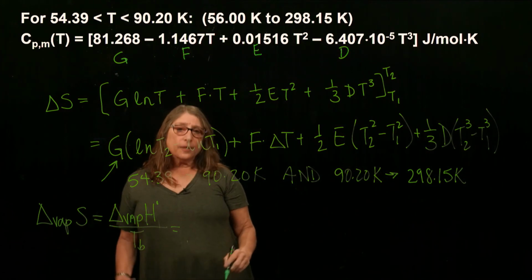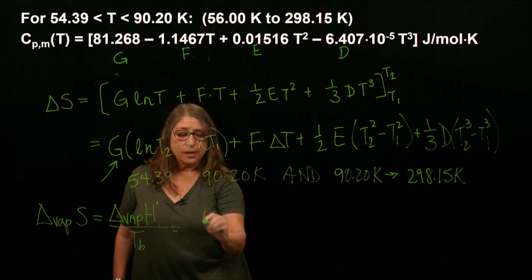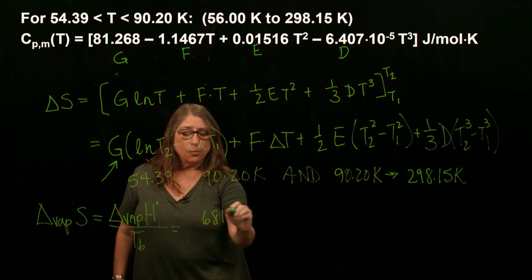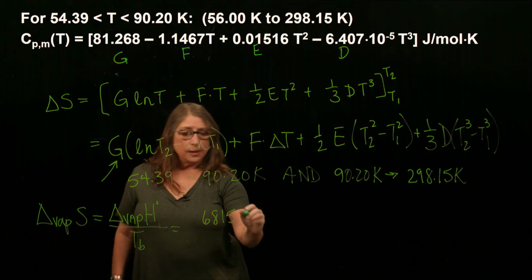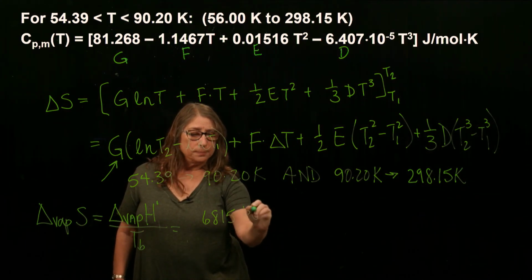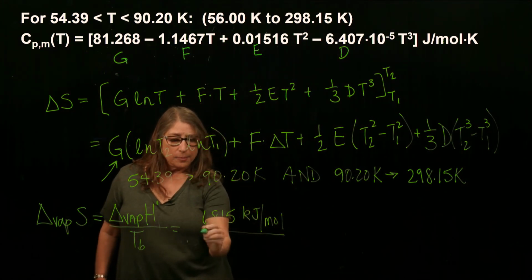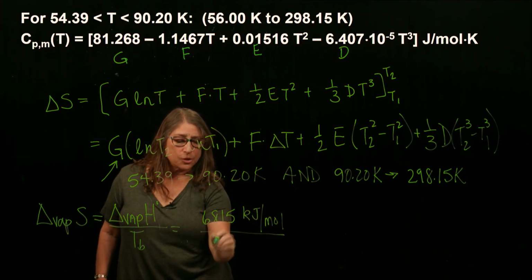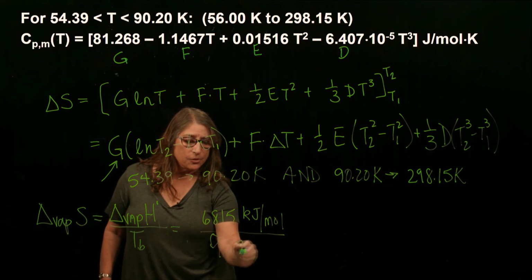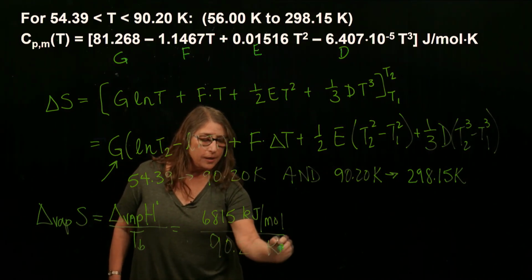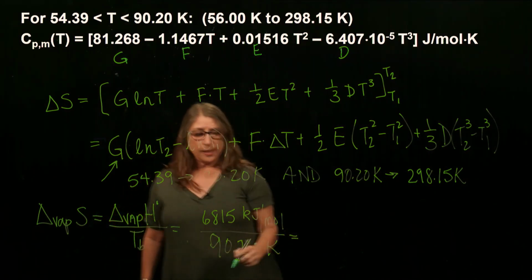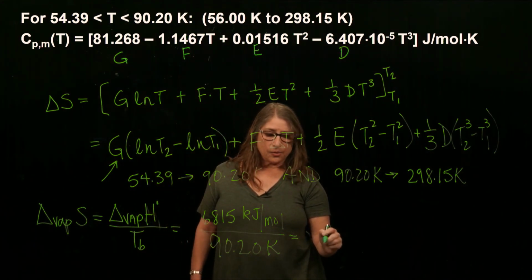And since we were given the enthalpy of vaporization, that's 68.15 kilojoules per mole. And I'm going to divide it by the boiling temperature of 90.20 Kelvin, and I find that this turns out to be,